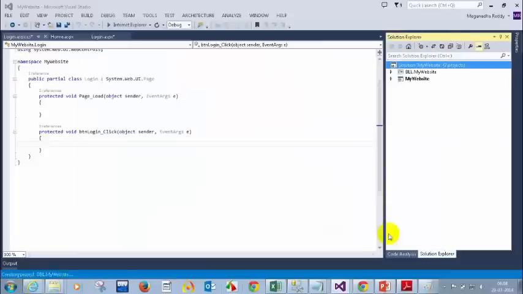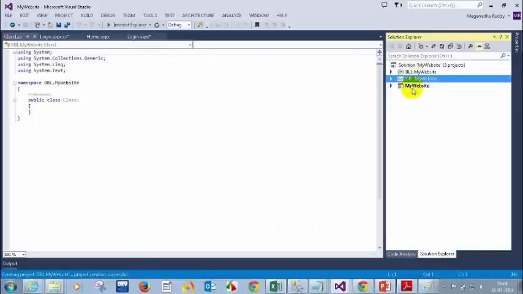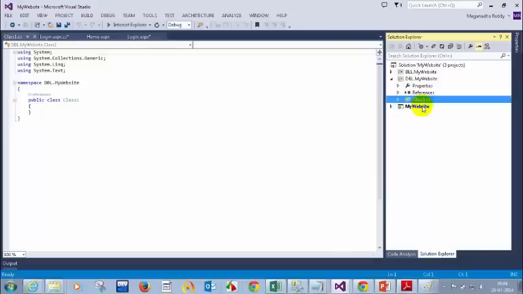Click on OK. So now I have it like this. Normally when you join any project or any company, you will see three layers. One is my website, the web application, and this is the DB layer, and the business logic layer. So what I need to do now is, in the DB layer, I'm going to delete this